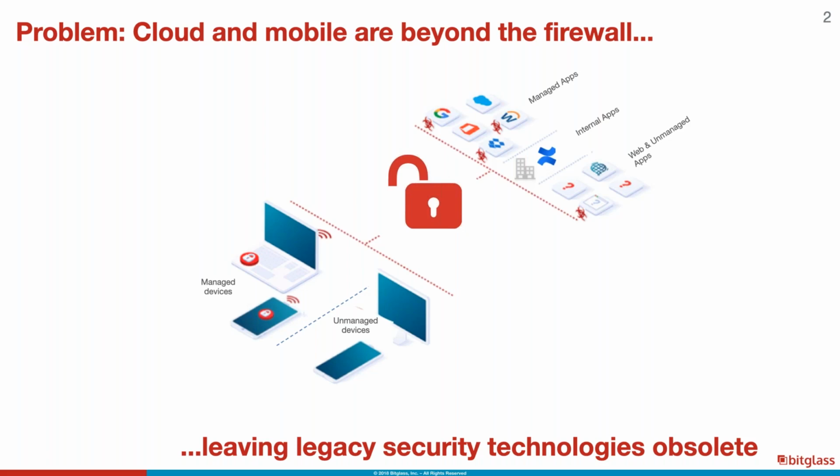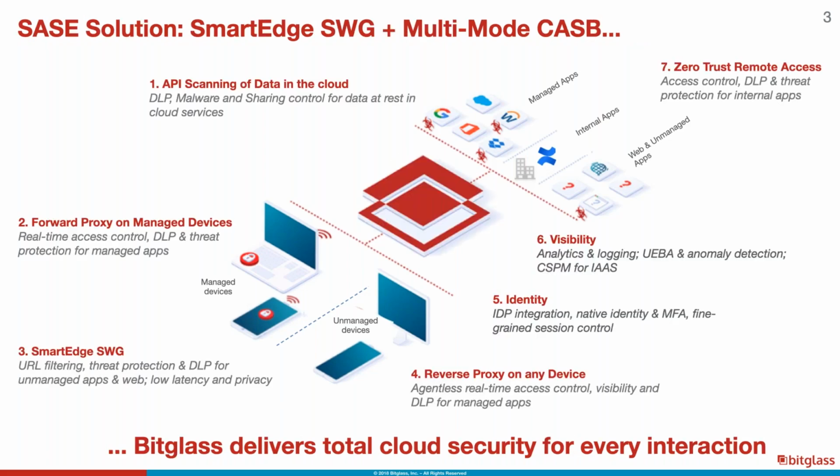We have seen in the industry regarding CASB that it all started with shadow IT. Shadow IT is mainly focused on giving you insight about these unmanaged or unaware applications. So moving on from a digital transformation perspective, let's say you have decided that you are going to adopt cloud applications. All new challenges arise because we are no longer within the boundaries.